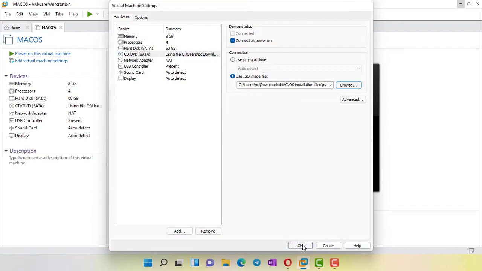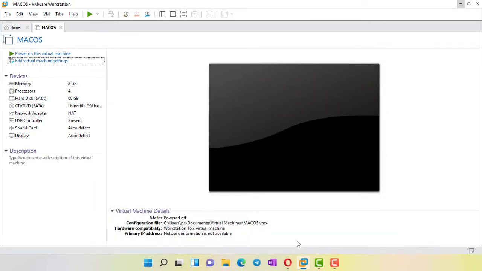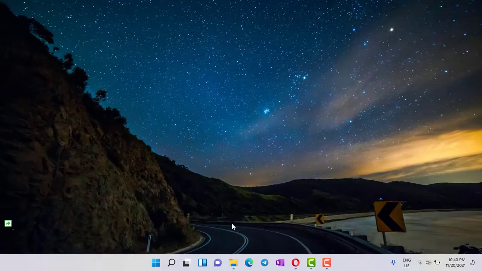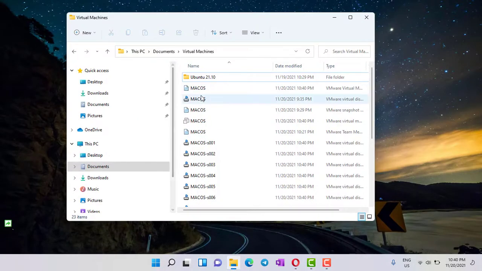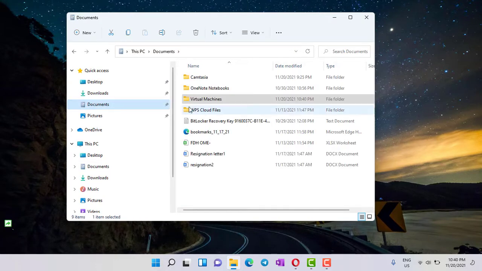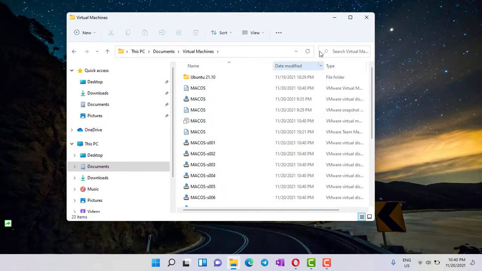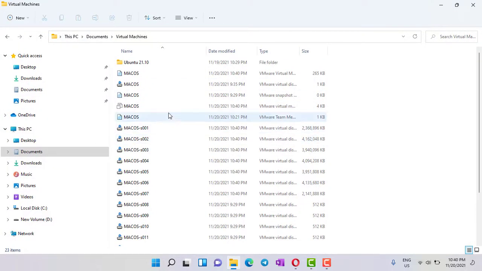After installing Catalina, you can use it or you can update it to macOS Big Sur or the latest one, Mojave, whatever you want. So finish this configuration, then you have to go to the virtual machine configuration file. My virtual machine is saved in Documents, Virtual Machines, and here is my macOS folder, the path I gave while creating the virtual machine in VMware. So close VMware first and then come here. We'll find the macOS configuration file here.